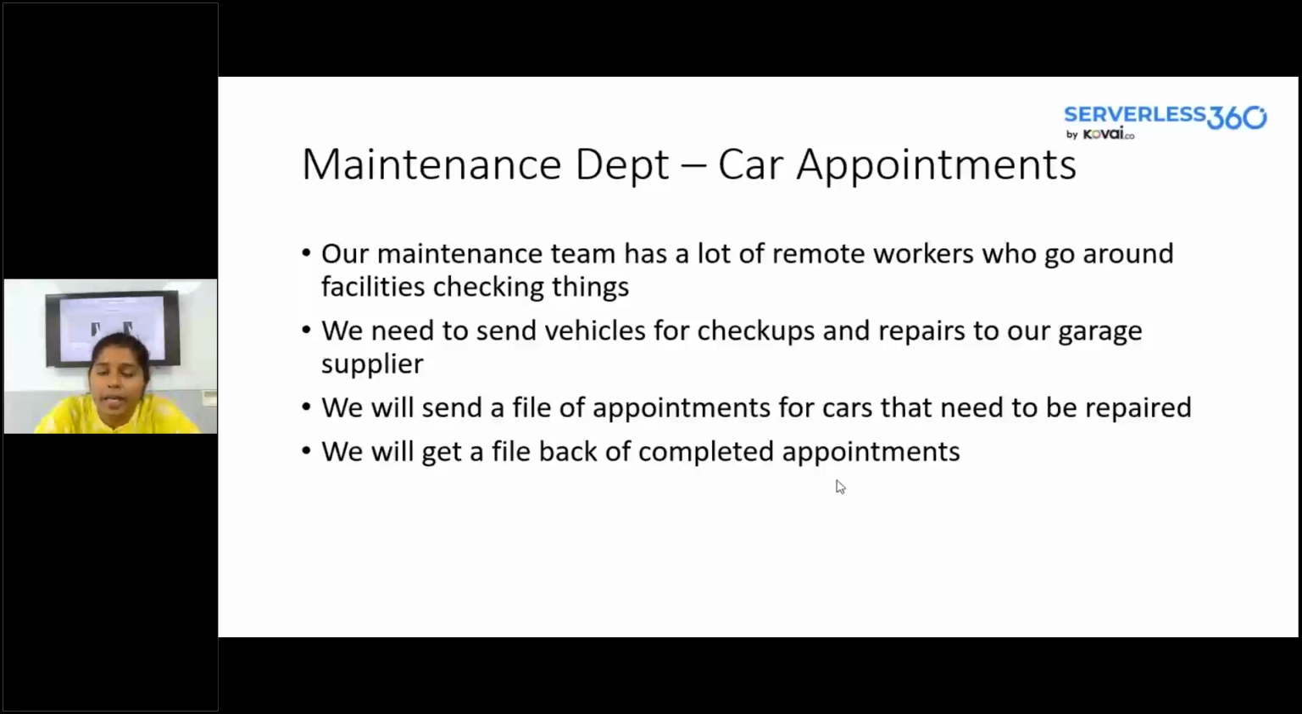So I have tried to categorize the modern applications into three categories here. Let us see each one of them and try to understand how they are implemented, what the real-time operational challenges are, and how these operational challenges can be addressed with the help of Serverless 360. So this is going to be